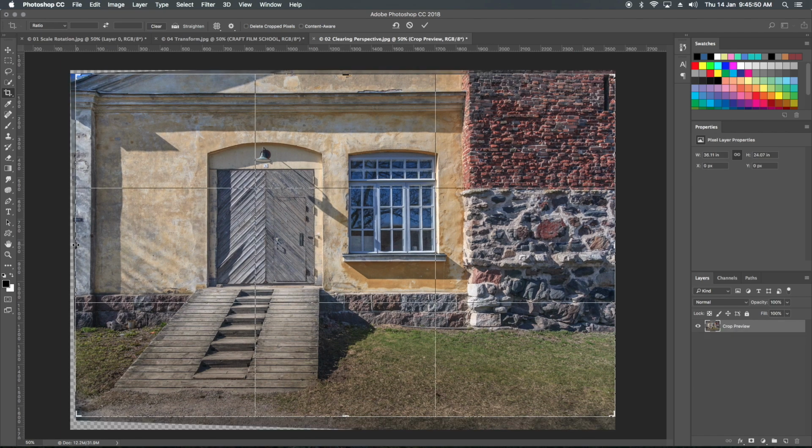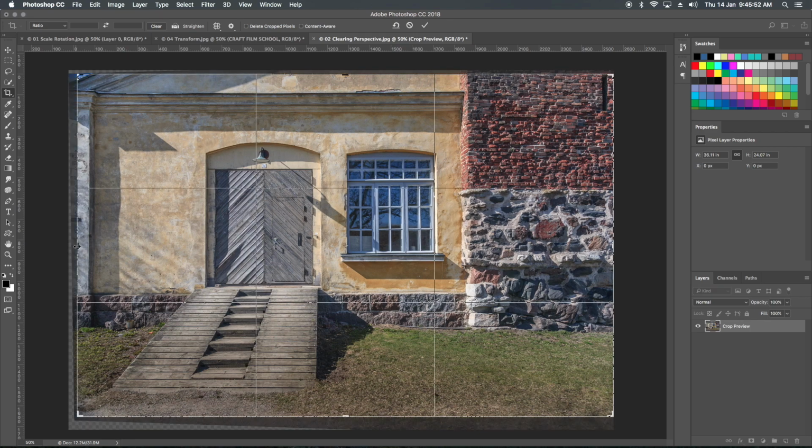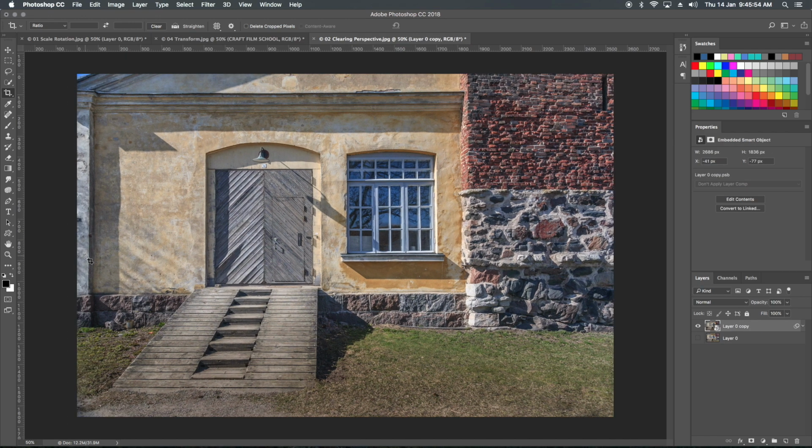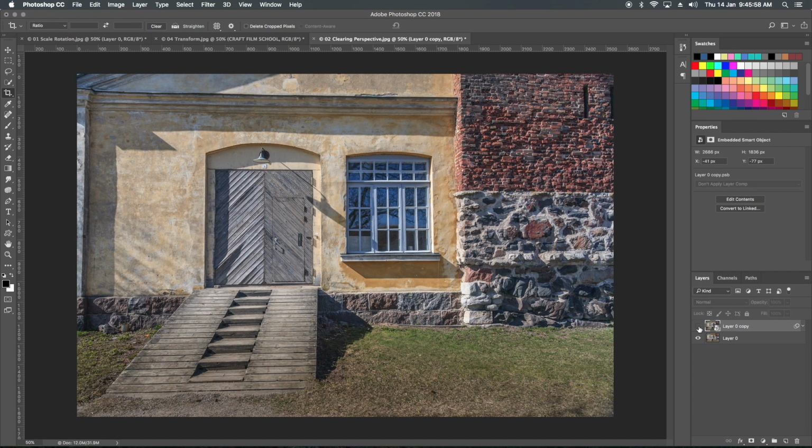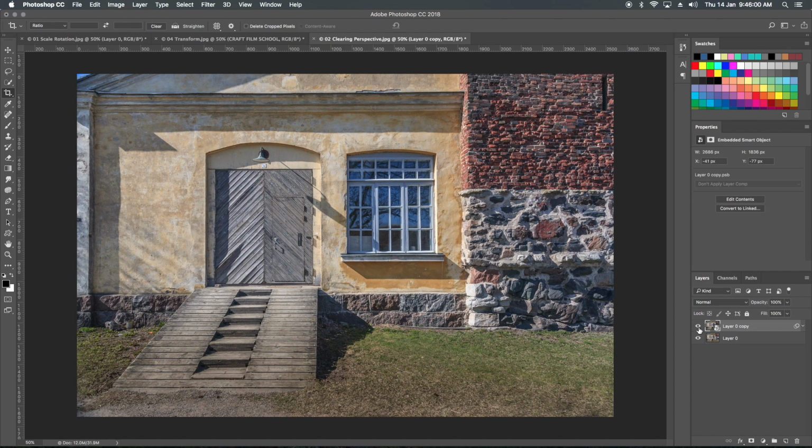Okay, you can use the clone tool, you can do whatever you want to do. So this is the basic way to clone stamp.